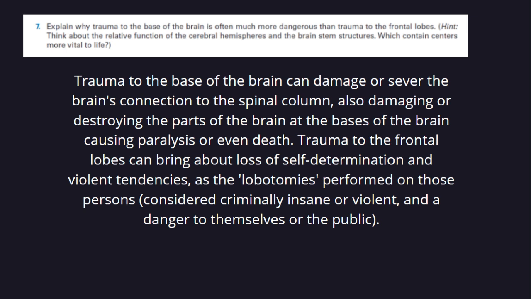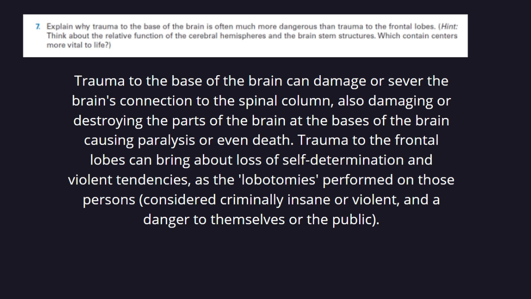So number 7. Explain why trauma to the base of the brain is often much more dangerous than trauma to the frontal lobes. Hint: think about the relative function of the cerebral hemisphere and the brainstem structures, which contain centers more vital to life. Our answer is, trauma to the base of the brain can damage or sever the brain's connection to the